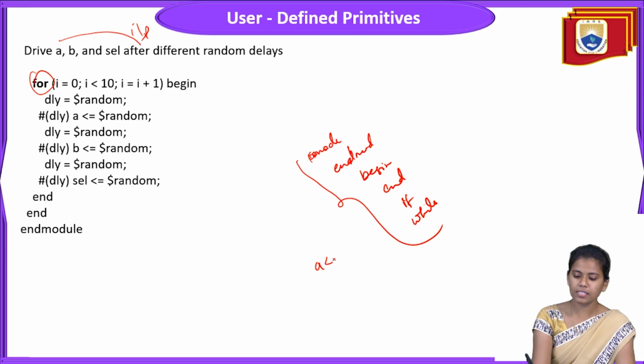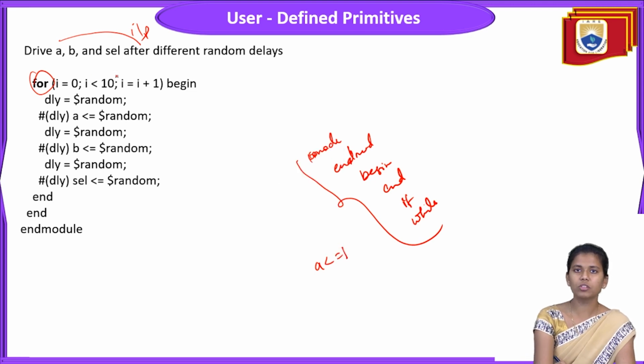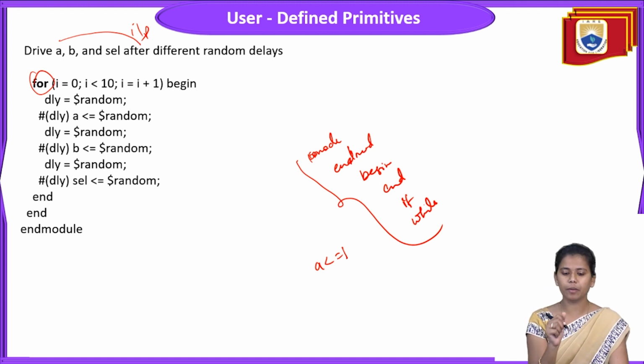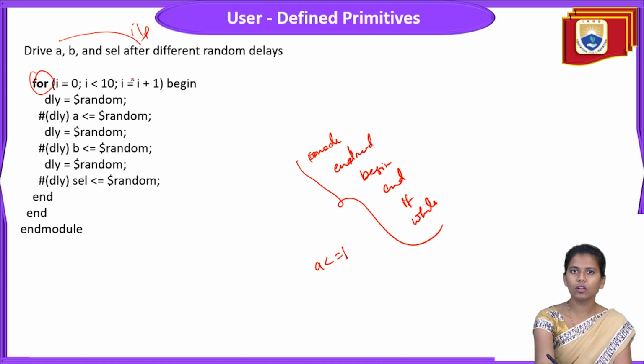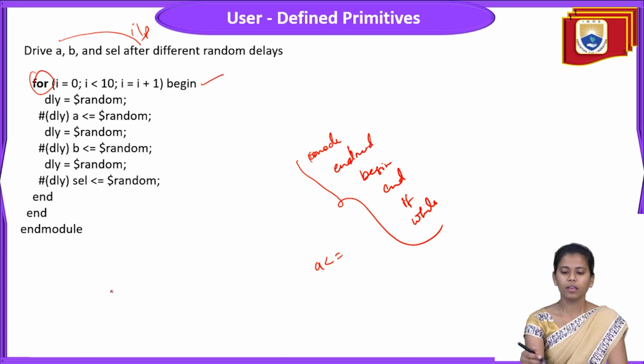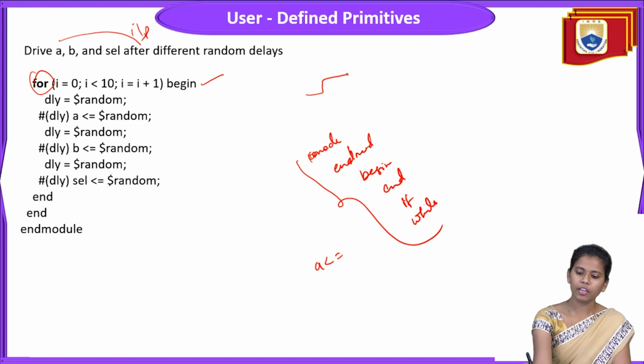Later on, i <= 1, right? So i <= 10. Why? Because here my inputs, the maximum would be 10. So i < 10, then goes i = i + 1, begin. So here the delays may go randomly, not sequence-wise, but randomly. That means, if this is an output, this is an input for bits A and B,